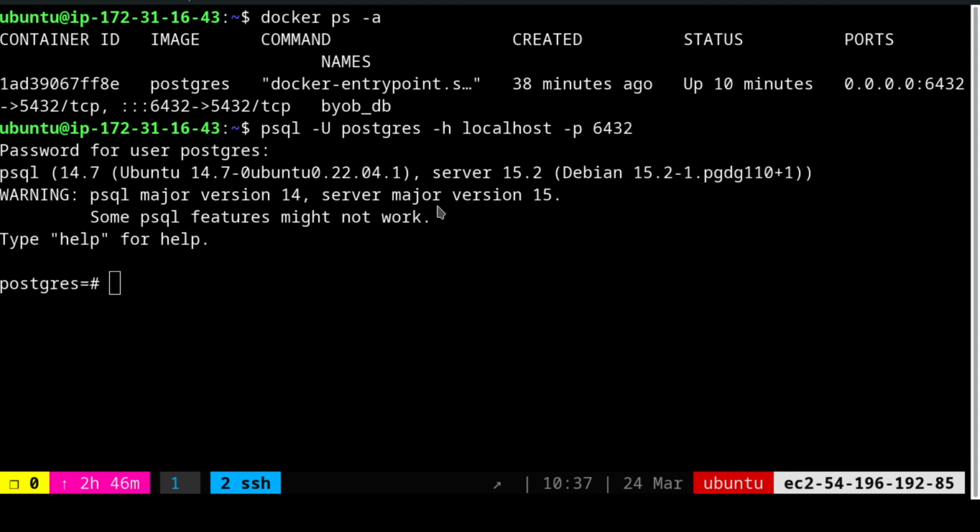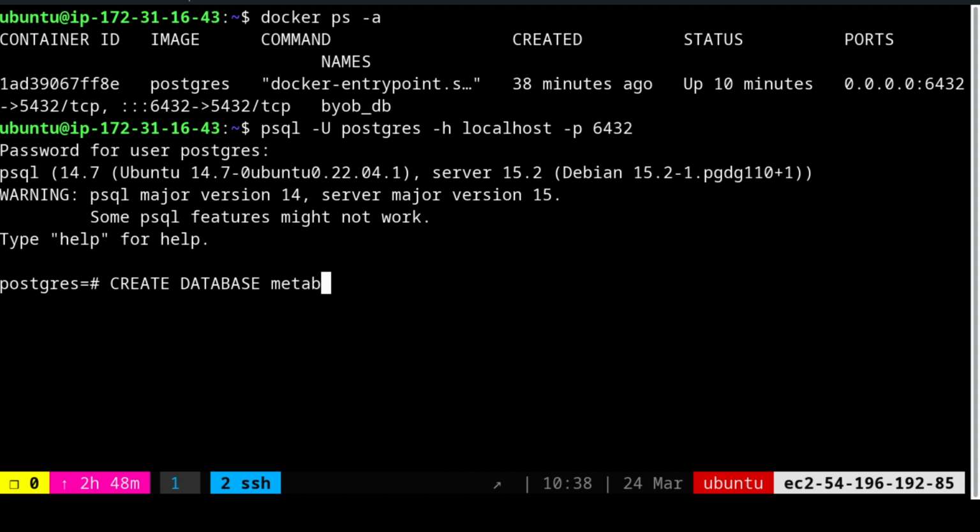For creating the user, you can use this particular syntax. Create user Hive with, we have to use caps, with encrypted, sorry, the spelling was wrong, encrypted password as Hive. I am giving the same password. In my case, the user is already created, so I don't need to execute this. Once you create it, you will see that create role has been executed, and then you have to create the database